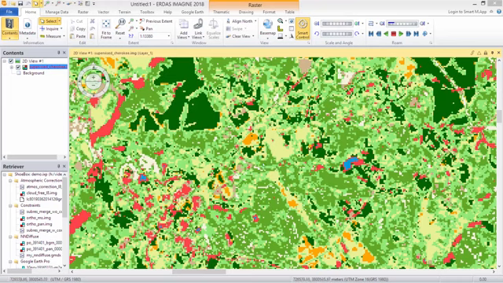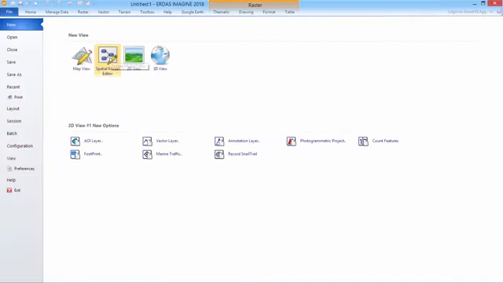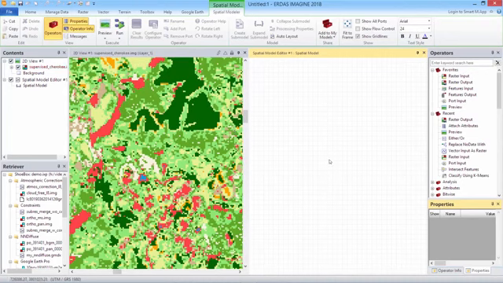So the first thing we want to do obviously is start the editor. File, New, Spatial Model Editor. We'll start up the editing canvas for us. And then we want to bring in our land cover classification that we want to analyze. So I'm going to come up here to Operators, drag in a raster input,